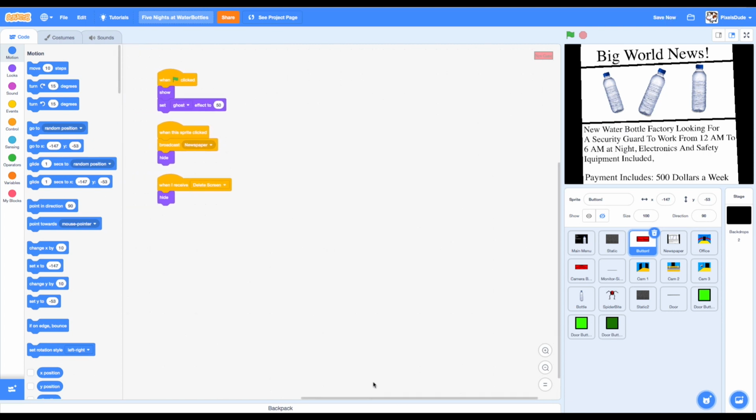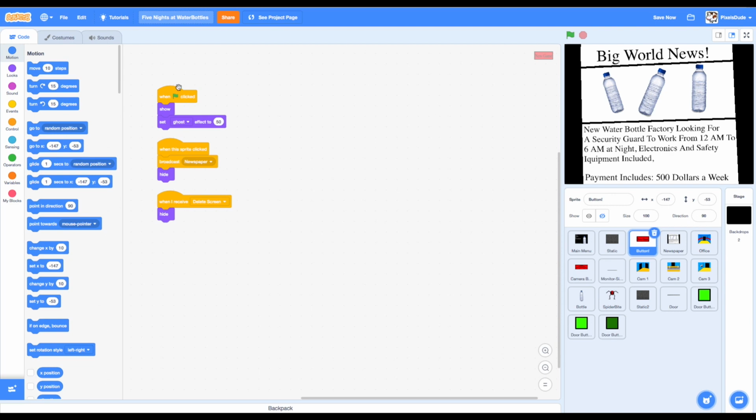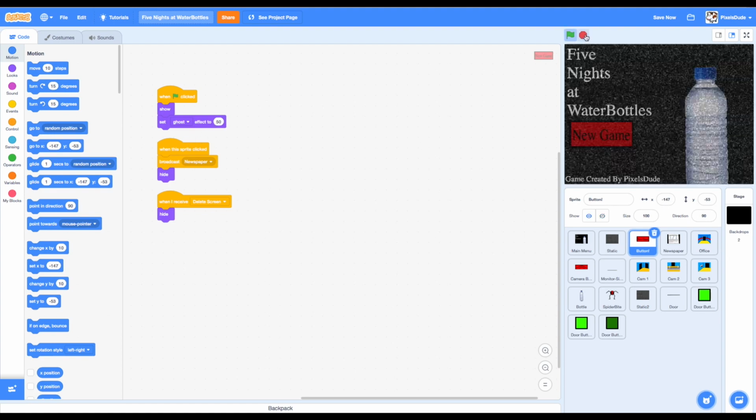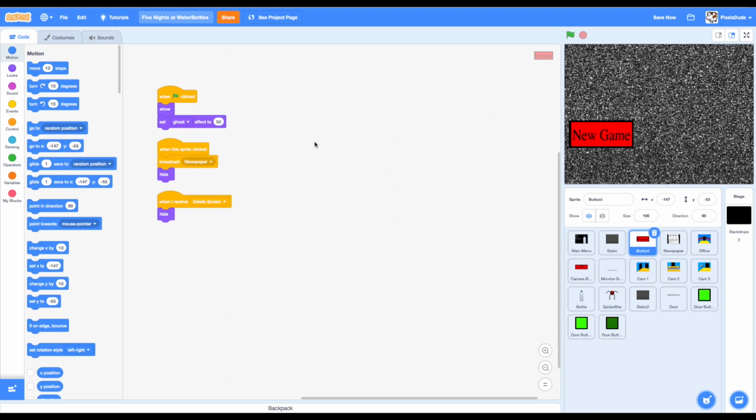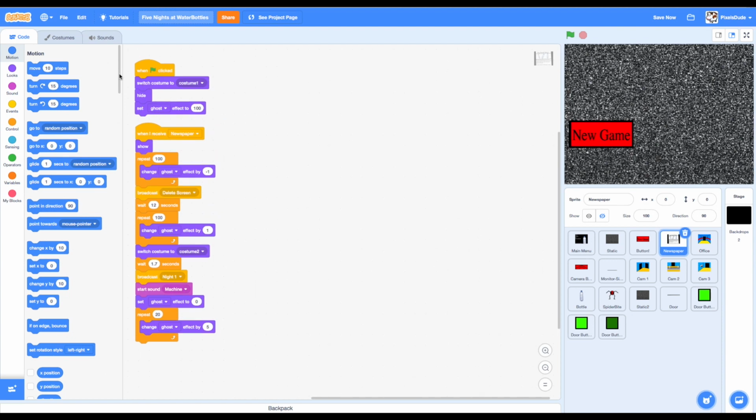with the new game button, you do when green flag is clicked, show, set ghost effect to 50, and then when the button is clicked, broadcast newspaper, and then hide. And then you go over to newspaper, and on newspaper it's when green flag is clicked, switch to